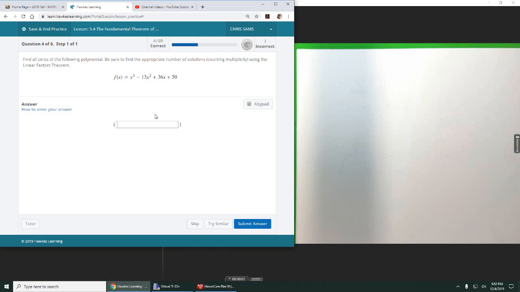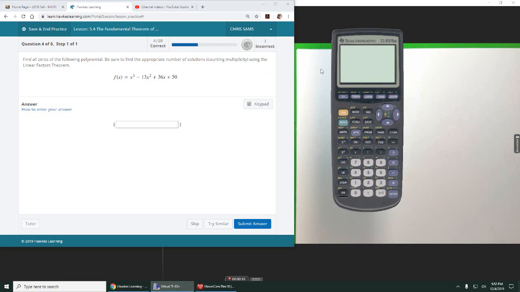All right, number 4, we're going to do the same thing that we did on number 3. So we're going to find all the zeros. We're going to list the multiplicity. So again, just to speed this up, and it was still long, even using technology, I'm going to try to find out where these zeros are. Now, this could be done by hand. You could try to do factor by grouping and see if that works. But again, just to speed up the process, because we want you to be able to find the zeros, we're